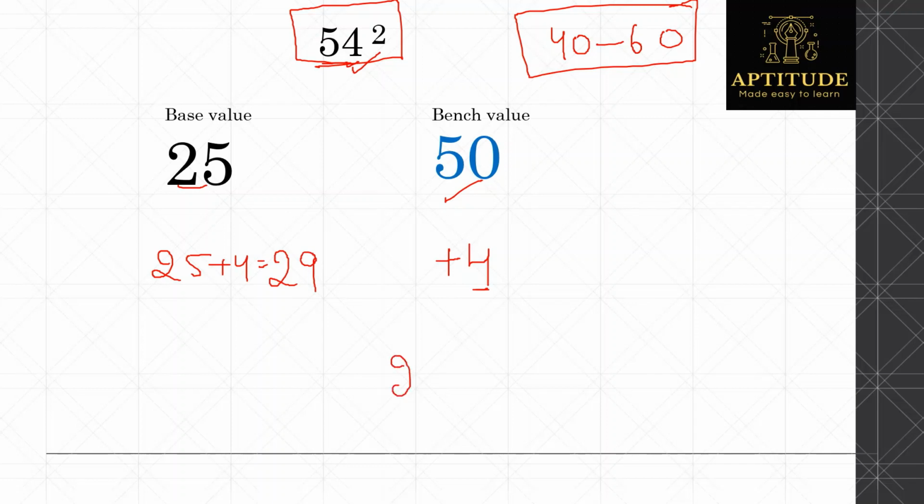And what is the square of the difference? 4 square is nothing but 16. So place it here: 29, 16. Which means 54 square is 2916. That's it. If you are able to understand this method, we can find squares of these values within 10 seconds, which will be of great help whenever we are attempting any competitive exams. Next value,